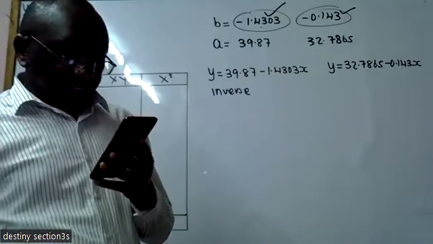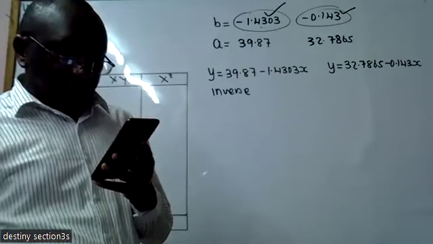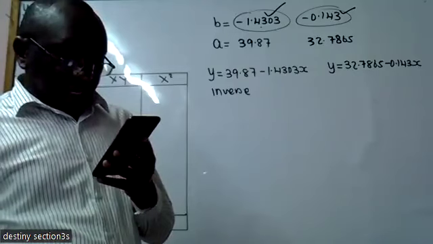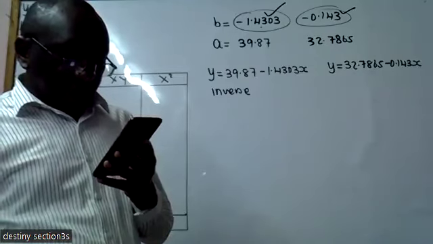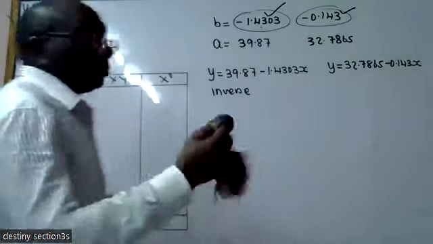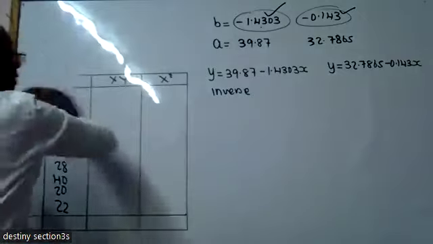We are given that the firm estimates that the marginal cost in thousands of shillings would be represented by that. Then determine the average cost and the average revenue functions of the firm. So if that is what we are given,